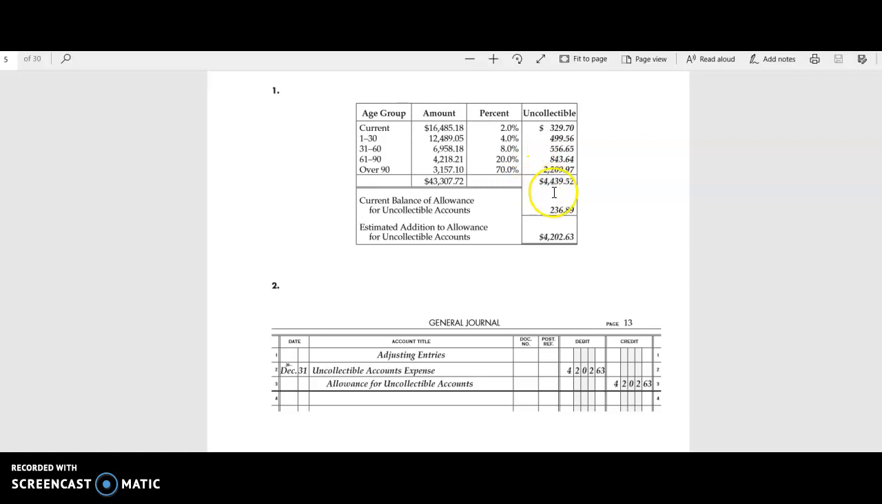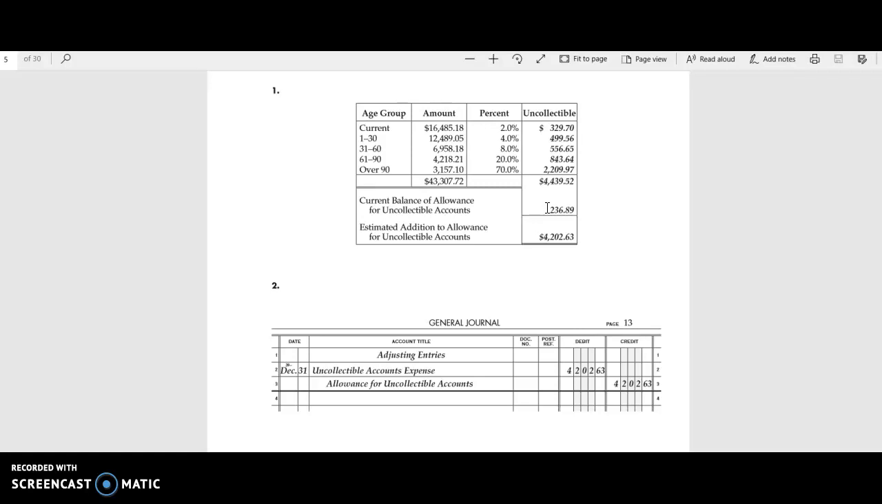We're going to add all of that together, and that is $4,439.52. That's how much we expect not to be able to collect of our total accounts receivable balance of $43,307.72. Now, we would look this up in the general ledger account. We have a new account that we'll be using this chapter called Allowance for Uncollectible Accounts. And it tells us that the current balance in the general ledger account as of December 1st, the beginning of the month, was